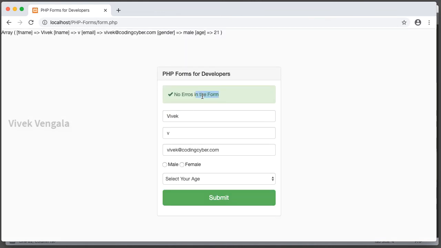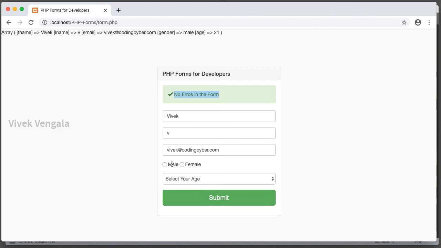In case of no errors, we are seeing these values. It's up to you what method you want to choose. You can use any of these, it works fine. And mostly after a successful insertion or successfully sending an email, we'll redirect the user to another page like a thank you page or a view records page, something different. So you can use this method, it's up to you.